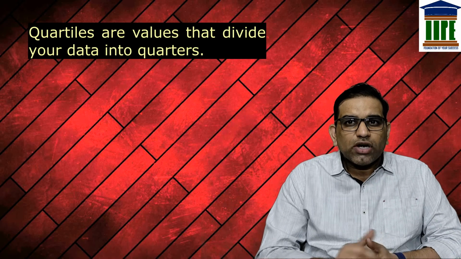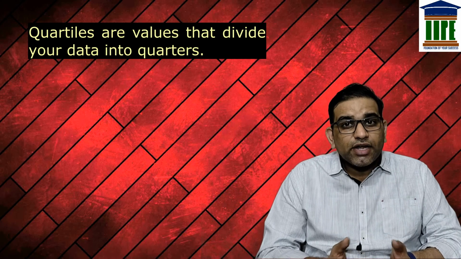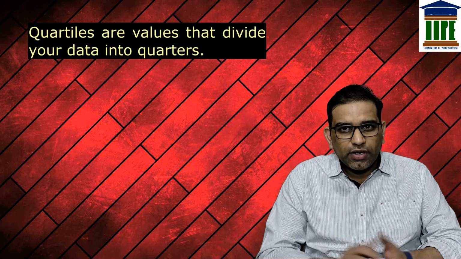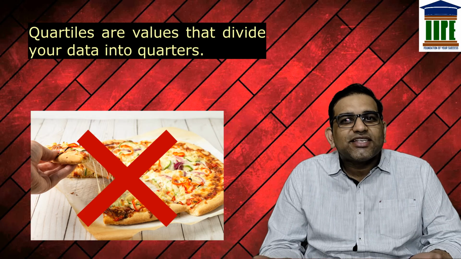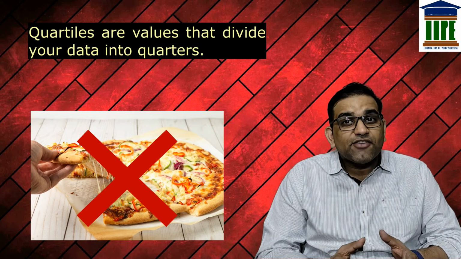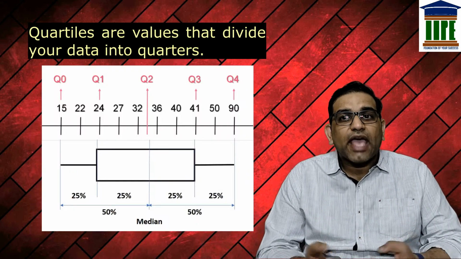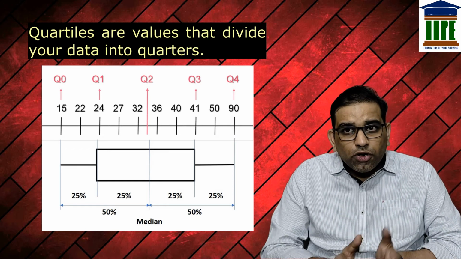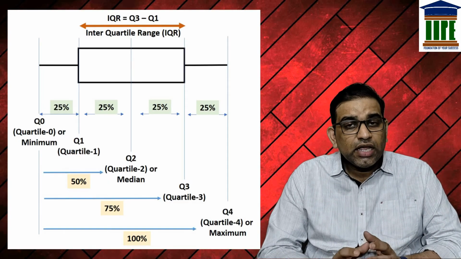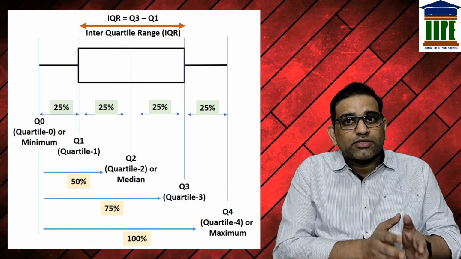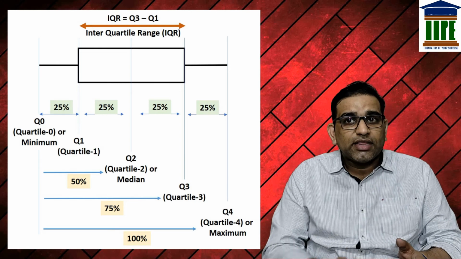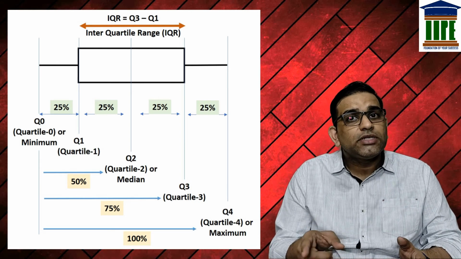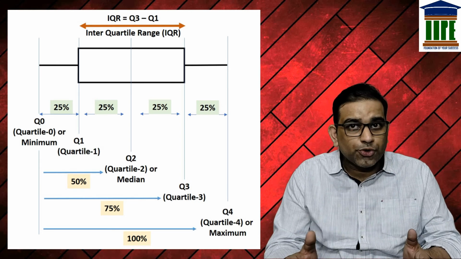Quartiles. Quartiles are the values that divide your data into quarters. However, quartiles aren't shaped like pizza slices. Instead, they divide your data into 4 segments according to where the numbers fall on the number line. The 4 quarters that divide the dataset are: the first, the lowest 25% of the numbers, called Q1. The next lowest 25% of the numbers up to the median is known as Q2.